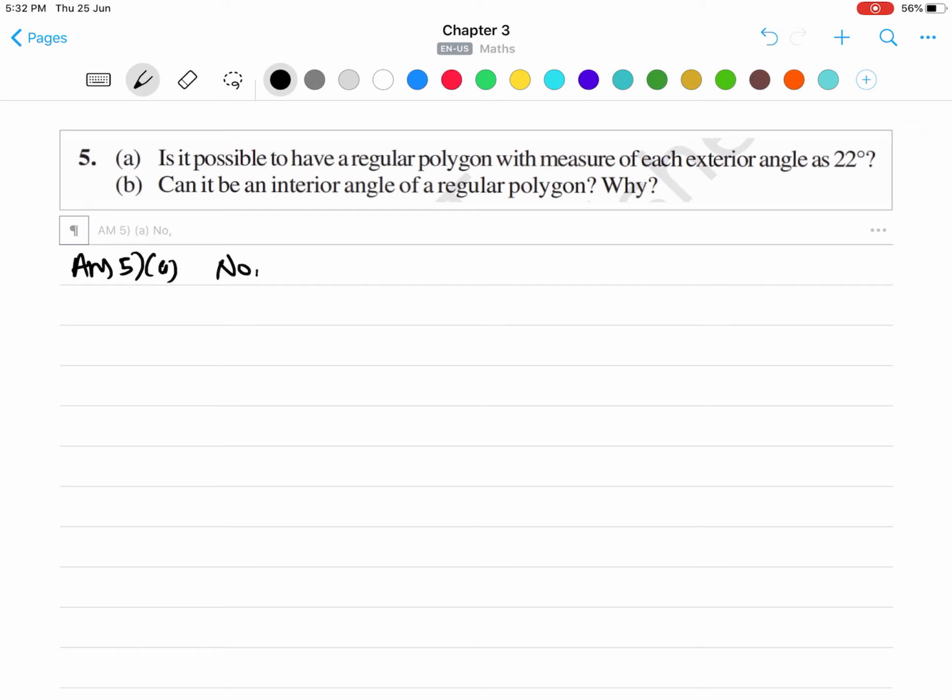So first, you were asked, is it possible to have a regular polygon with measure of each exterior angle as 22? So the right answer is no. Why? Let's write: no, it is not possible